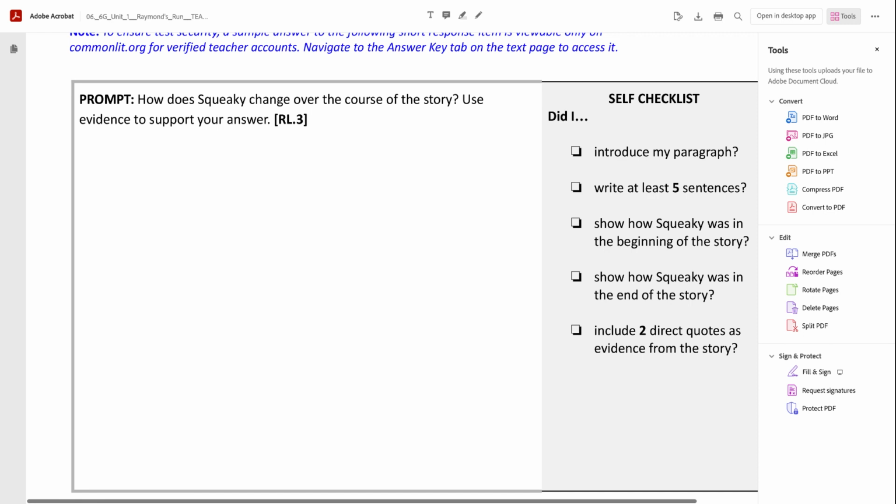And now I'm going to give some evidence to show how she changed her opinion of Raymond. Notice I begin my quote with what's called a little tag, a little transition. She explains, comma, then I put the quote, and then I put in the words from the story that show this is true. I'm going to do this in green. All of my evidence, my quote, is going to be green. It's a long quote, but I'm going to put the whole quote in. That's why my paragraph looks so long.